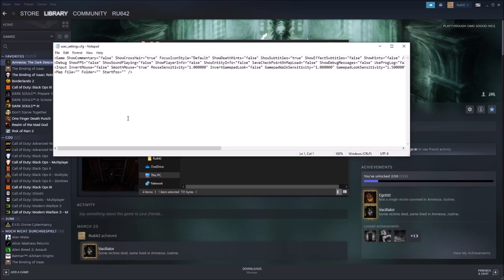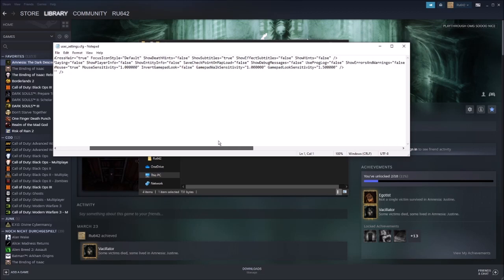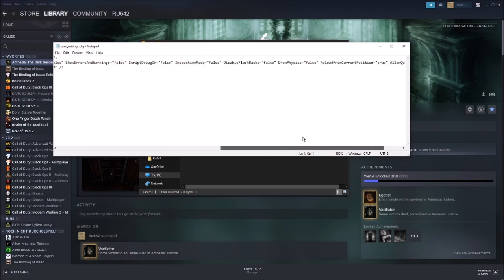Let me just check here. I don't think I have any specific thing in here. I'm pretty sure that's everything on default, so I just have default mouse sensitivity and so on. I guess I have subtitles on, but you can also put them off. Also, what I have on here is allow quick save. Maybe that's something you should enable, so you can press F5 and F4 for saving different